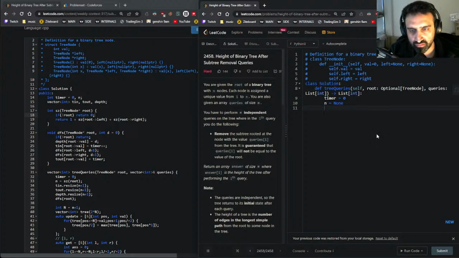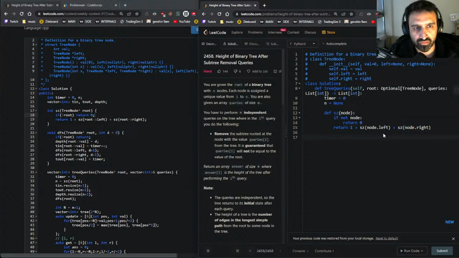N equals none. And then tin, tout, depth. Okay. Def SC of node: not node, return 0. Or 1 plus SC on the left plus SC on the right. Okay, so you do a single DFS to find the size of the